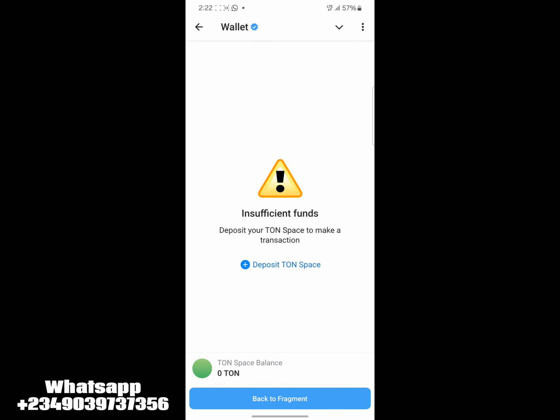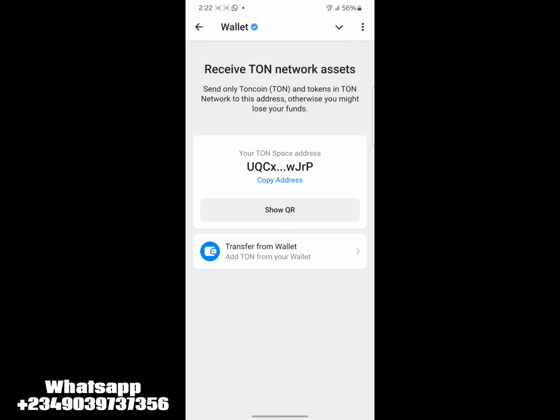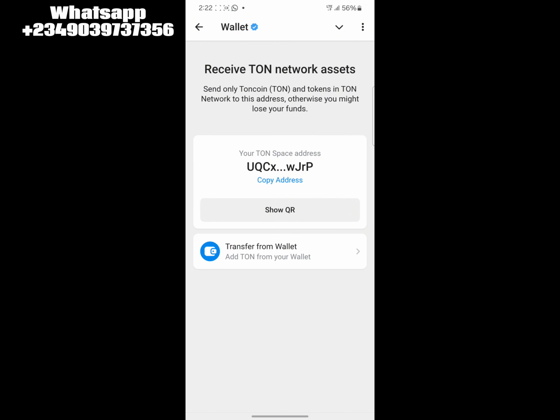So I can click on deposit ton space, and I will copy this address and go and put it in Bybit. Do you understand? Put it in Bybit or put it in Binance, where you already have USDT. You just go to Bybit or Binance, put USDT into the place, then go to the ton address, convert your USDT to ton coin, and from that ton wallet in your Bybit or Binance,